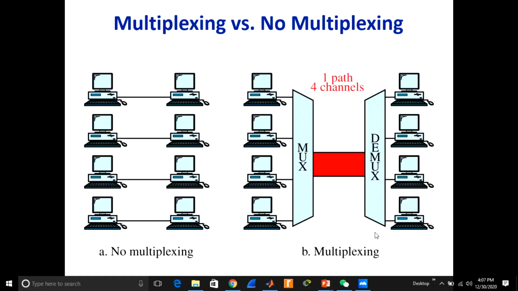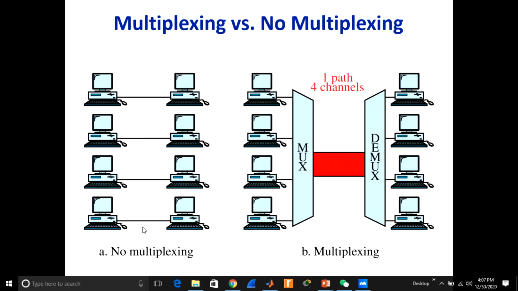No multiplexing, and here we have used a multiplexing scheme. In this case, this device is connected to this computer. This PC will share this data link with this PC. It means that the capacity of the link will be greater than the capacity of these transmitting devices. And here the capacity of the link is greater than the transmission capacity of these two transmitters,